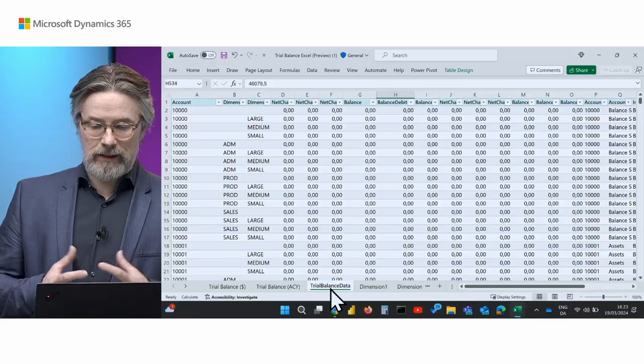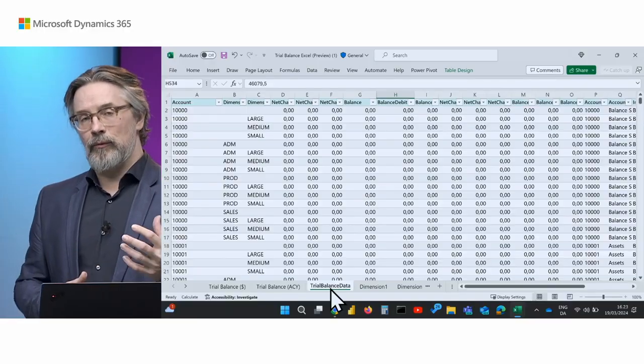But the base thing with Excel report is you get your data. But Excel has some limitations. Excel cannot handle millions of rows. So for the trial balance,